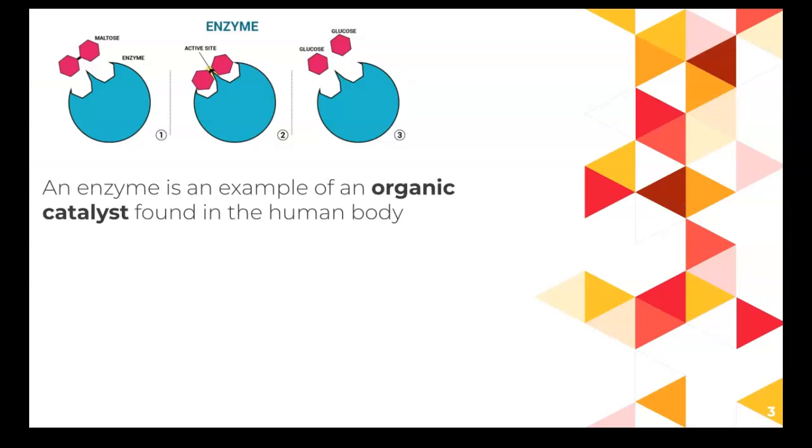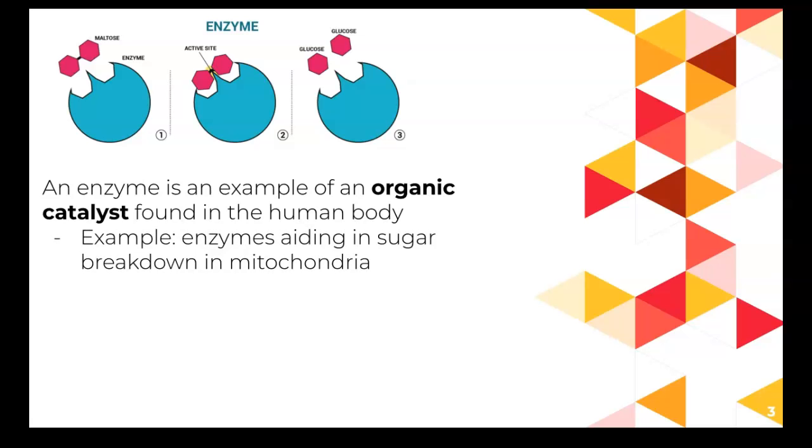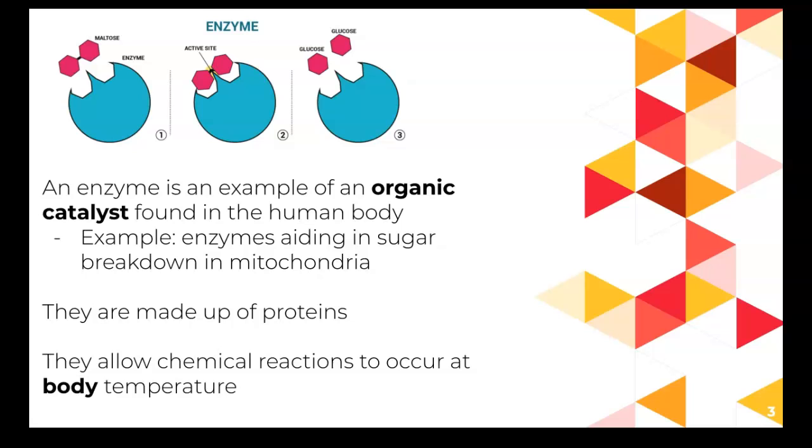And in bio, we talk about enzymes because they're organic catalysts, which means that they are in living tissues. So we could talk about the enzymes that we use in the mitochondria, which is an organelle in the cell that breaks down sugar into energy, which we're going to be talking a lot about in this chapter. They're made up of proteins, which we're also going to talk about later in this course, what proteins are. So they're able to cause reactions to happen at body temperature instead of having to increase the temperature to make